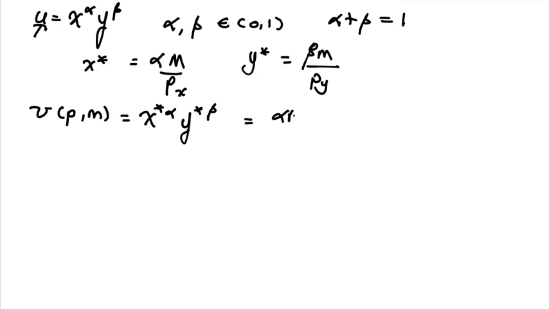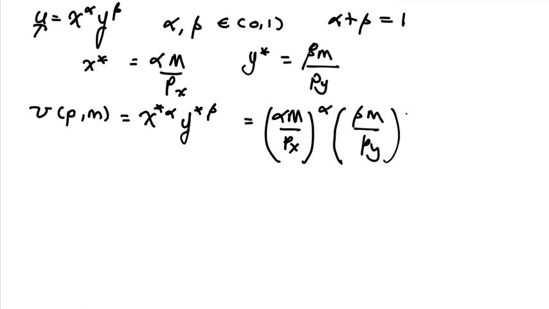So specifically, we can write it this way: alpha m over px, to the power of alpha, multiplied by beta m over py, to the power of beta, isn't it? So this is the indirect utility function. It is a function of the Marshallian demands for x and y. If we simplify it further, then we can have this: